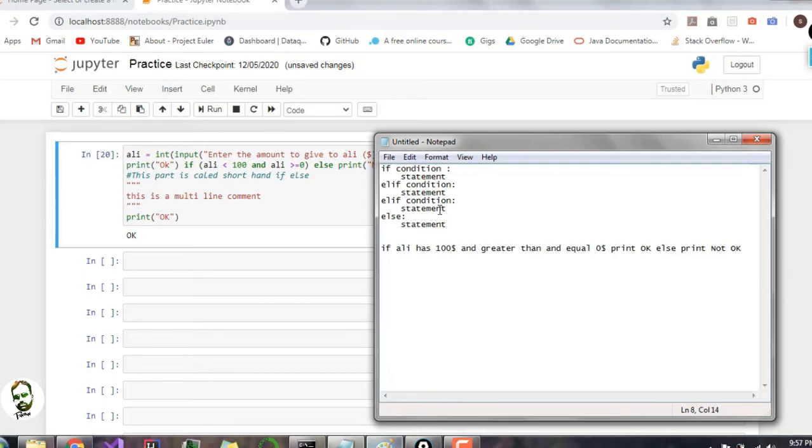Now after this, there comes a question. Supposedly, if this part becomes false, then obviously you know that else will run. But would else if also run? No. The way this works is that if this part becomes false, then the bottom one will work. This one. If this also becomes false, then this will work.